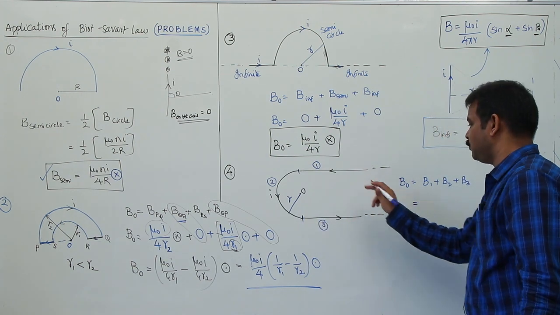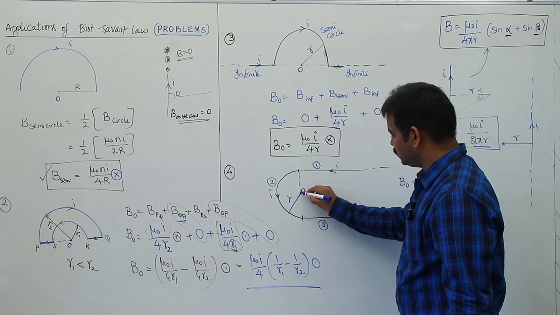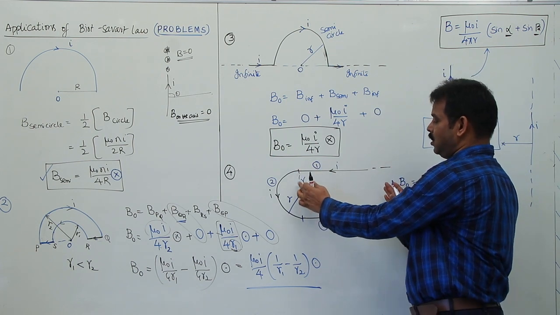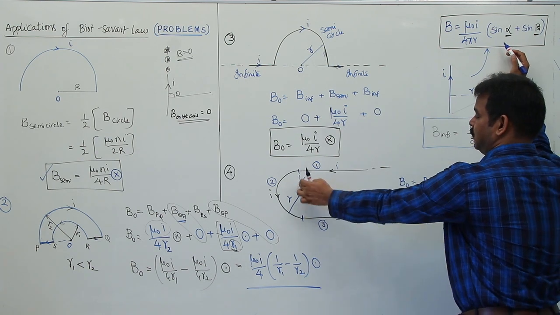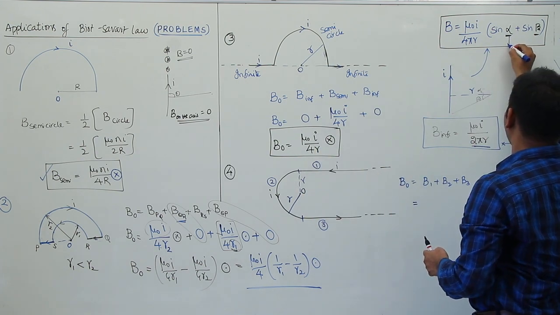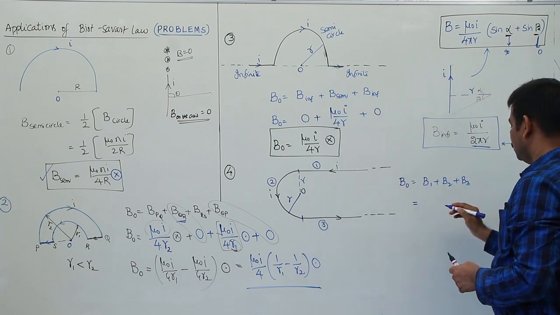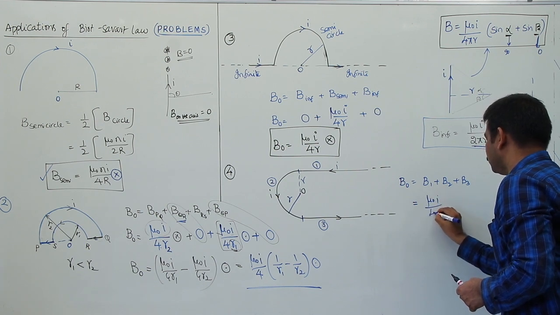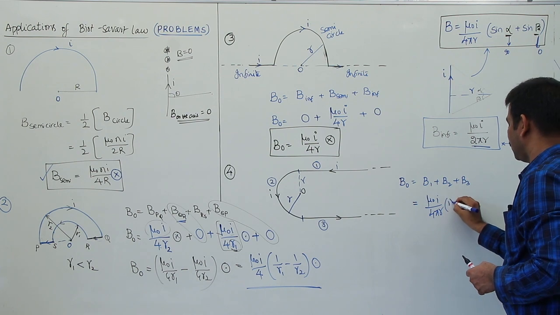So what is the magnetic field due to the first part? Here the current in this wire is I, and the distance of this one is R. Now if you want to find out the magnetic field at the one end of an infinite wire, we have this formula: one end is 90, other end is 0. So here alpha is 90, beta will be 0 for this portion. So we can write mu naught I by 4 pi r (sin 90 plus sin 0), which I am going to take as 1.